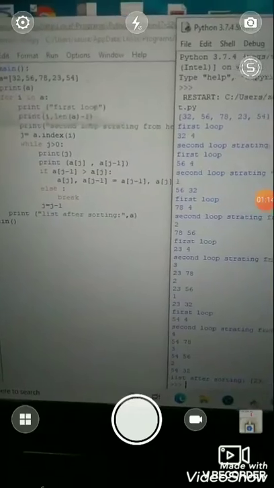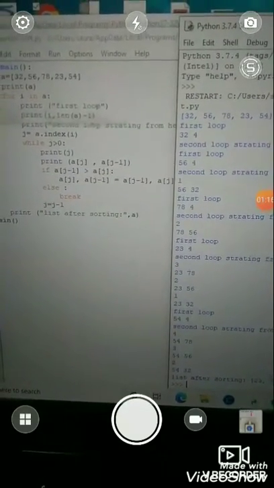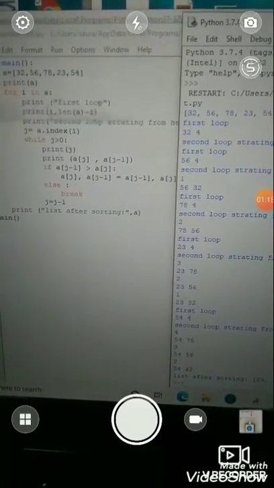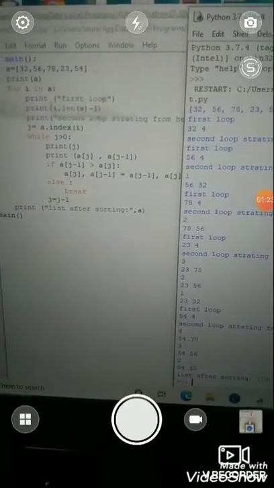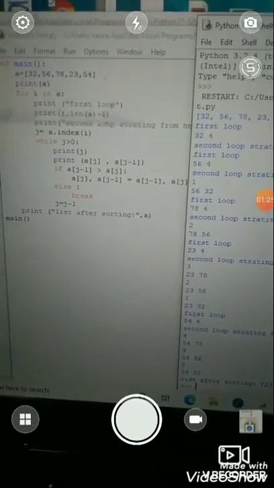Then after we show here the value of I and the length minus 1 of our list.